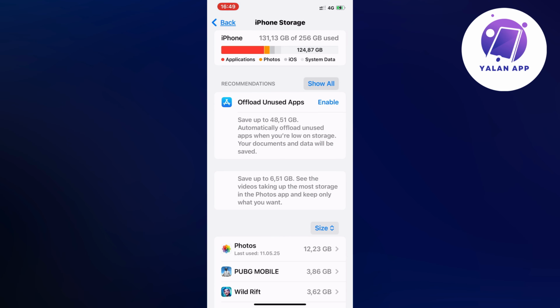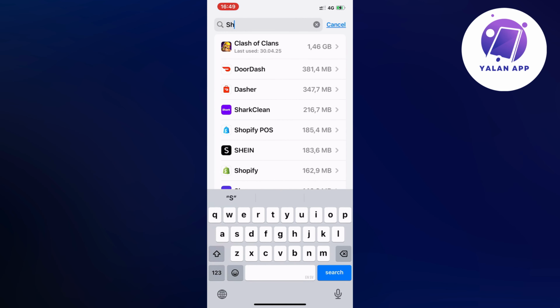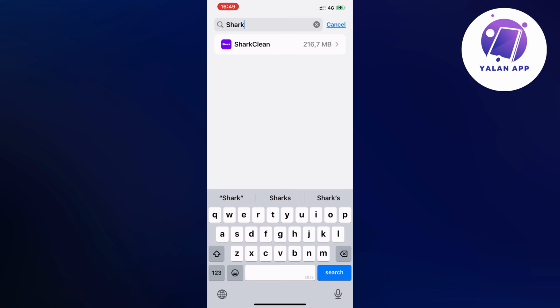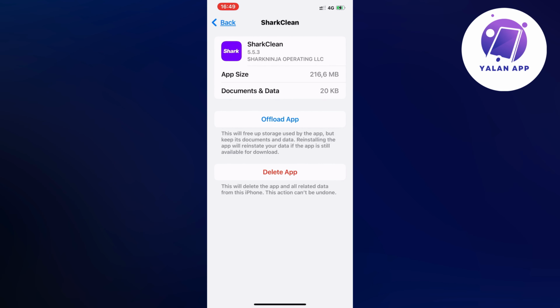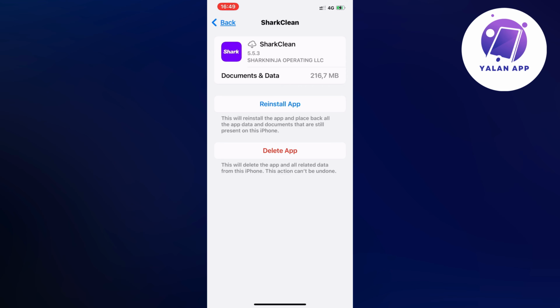And when it's done, you're going to swipe up until you can see the search bar up top. And that is exactly where you need to click. Search for Shark. You should be able to probably see the Shark Clean app here. So click on it, then click on offload app. And once again, click on offload app in here. Then click on the reinstall app button in here and just simply wait now for the app to completely update